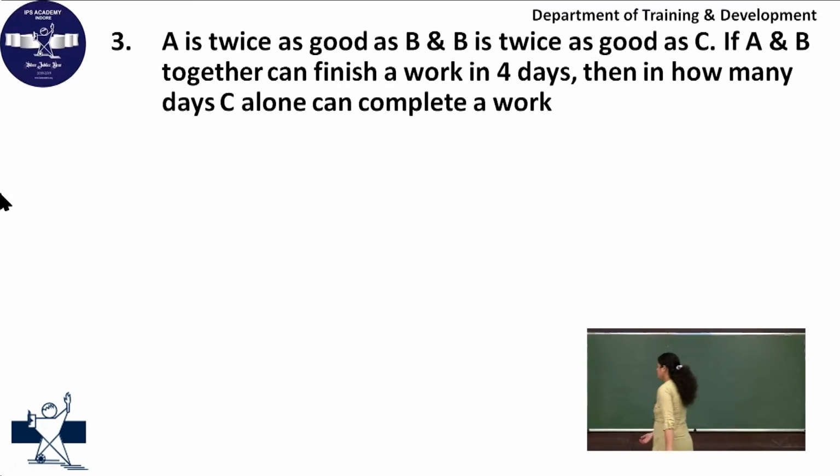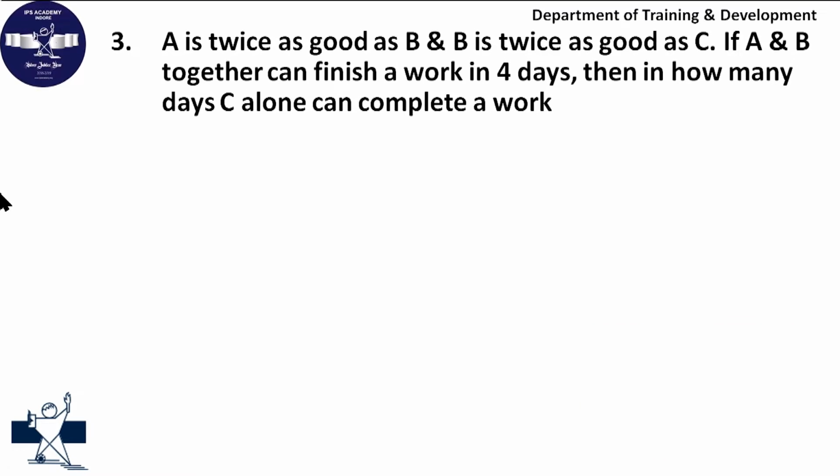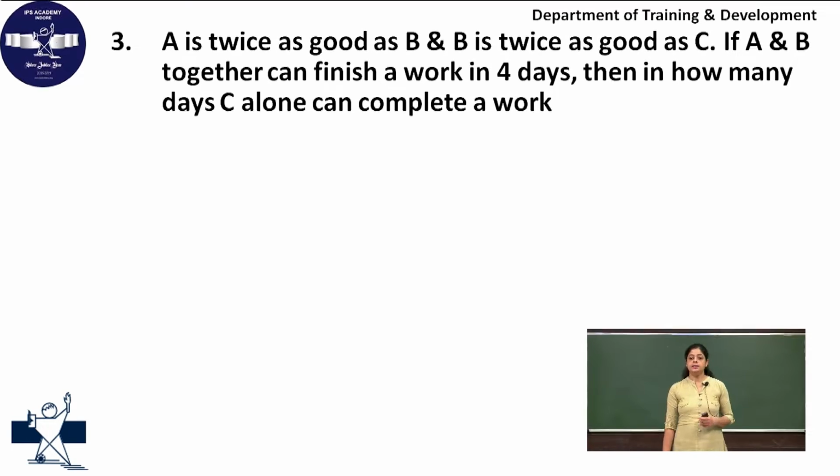Now whenever such problems are given, suppose it is given that A is taking 15 days to complete a work. So what is the work amount for 1 day? How much work is he completing in 1 day? 1 by 15. Very good, right? Now here the capacity is given, A is twice as good as B. So we are just going to write the way we are saying it.